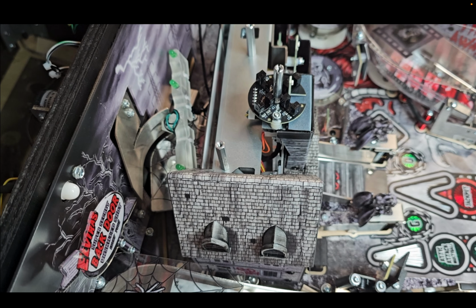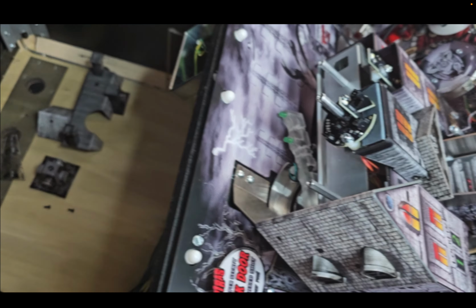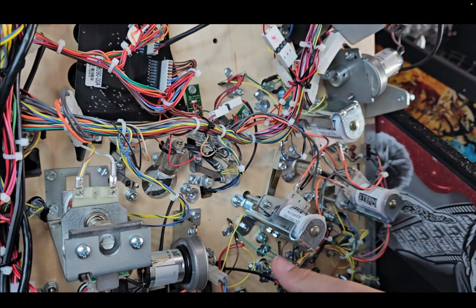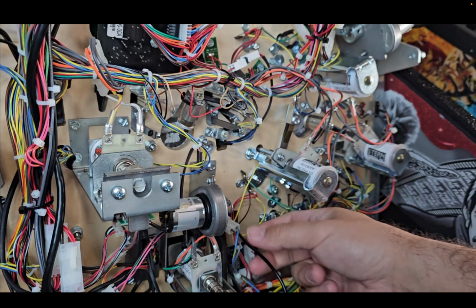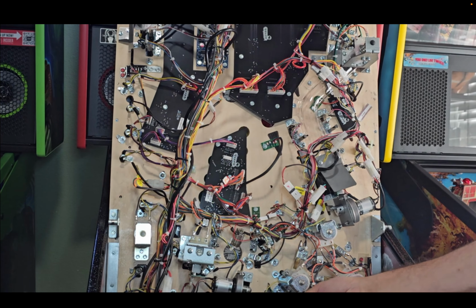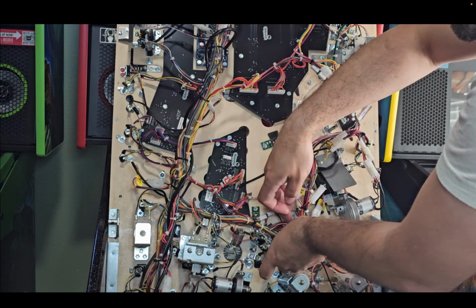Now, when you flip the playfield, make sure that you remove all 6 balls so that they don't come tumbling out. Once you have the playfield popped up, we're going to take this and pull it through. So once you have all of the slack pulled out, there should be a little over 2 feet, we're going to start feeding it through this wiring harness